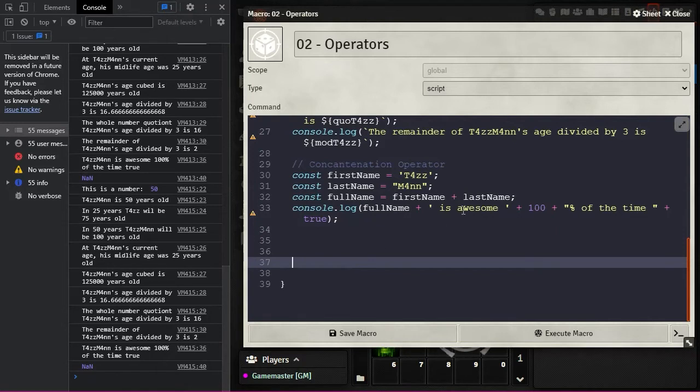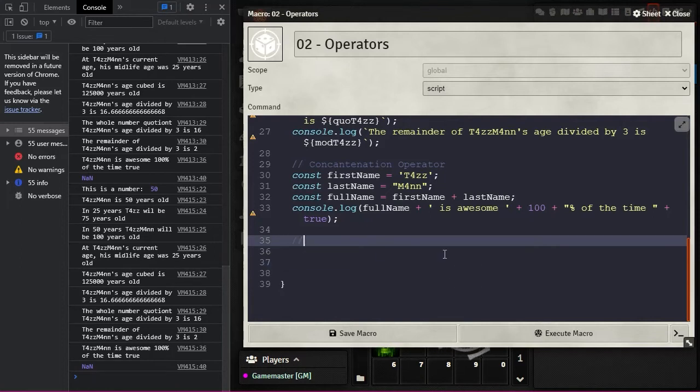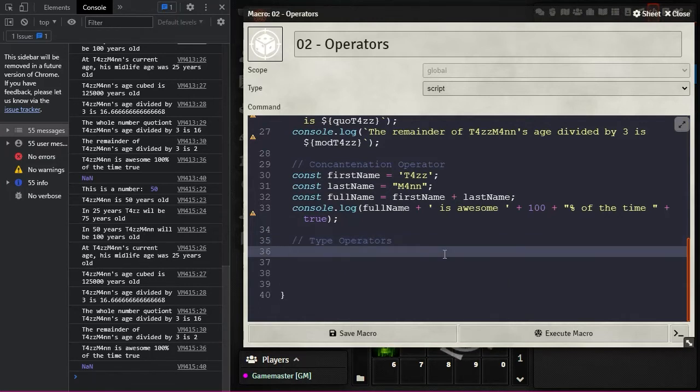And now that we've talked about typeof and concatenation even more, we're going to talk about some other types of operators. So the next one, I should probably just go ahead and throw this in here. Type operators. So type operators, we have, and I'm just going to put these in quotes because if I don't, they could cause errors. So we're going to say we have the typeof,